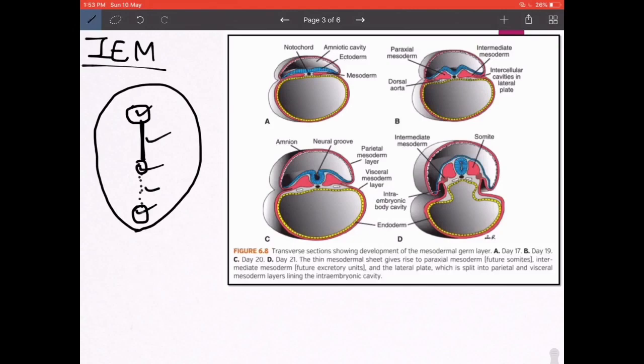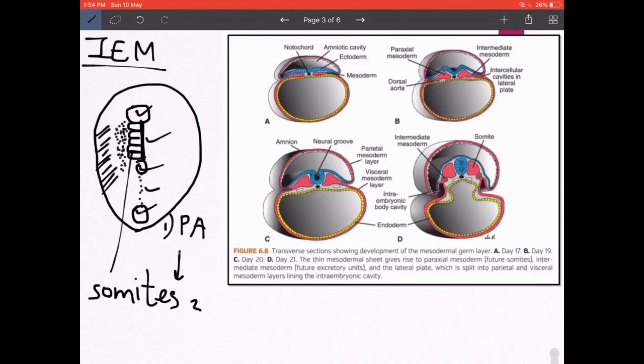Lying on either side of the notochord you have the paraxial mesoderm, which soon starts differentiating into cubical masses which are known as somites. Adjacent to that you have what is known as the intermediate mesoderm, which gives rise to the genitourinary system, which we shall consider in development of the genitourinary system. And lying lateral to that is what is known as the lateral plate mesoderm. So you have the paraxial mesoderm forming the somites, the intermediate mesoderm forming the genitourinary system, and the lateral plate